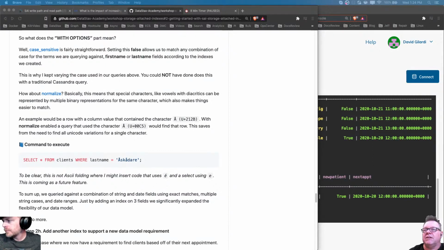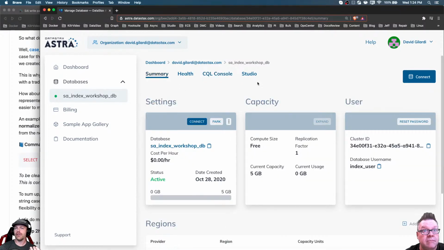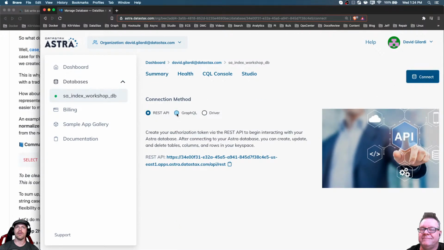Yeah, Gremlin is its own beast in a lot of ways, but it will benefit eventually from proper secondary index. Now, of course, for those of you who are in the graph world, you're potentially going to shudder when I say what I'm just about to say. If you are interested in Gremlin and you're used to working with graph, there is another option for you. Now, this is not the same thing because this always gets confused. But in Astra, if you go to Connect and you go to the GraphQL driver,